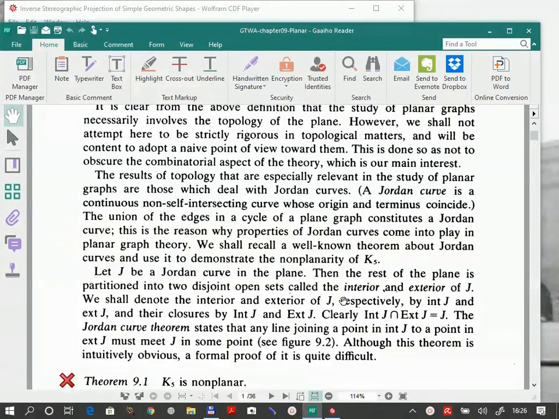So if you take a curve C, a Jordan curve, closed and non-self-intersecting, you take it away, you're left with two pieces, one is bounded, one is unbounded, and if you pick up any point of the first region, any point of the second region,